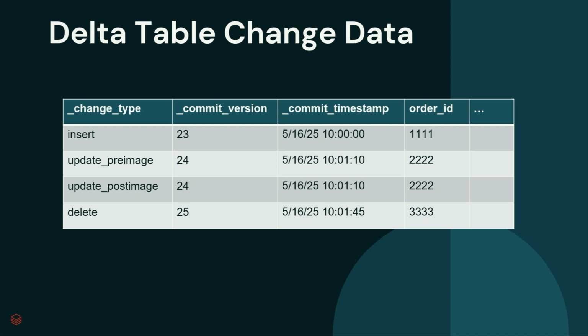So this is what it looks like when you call that read change feed. You see there are 3 metadata columns that come through in the data: _change_type, _commit_version, and _commit_timestamp, along with all of the other attributes for each row of data. You'll see inserts, updates, and deletes, and, specific to the Delta Lake change feed format, in the case of an update, you'll see 2 rows. You'll see the pre-image, which is what that row looked like before it was updated, and the post-image, which is what that row looked like